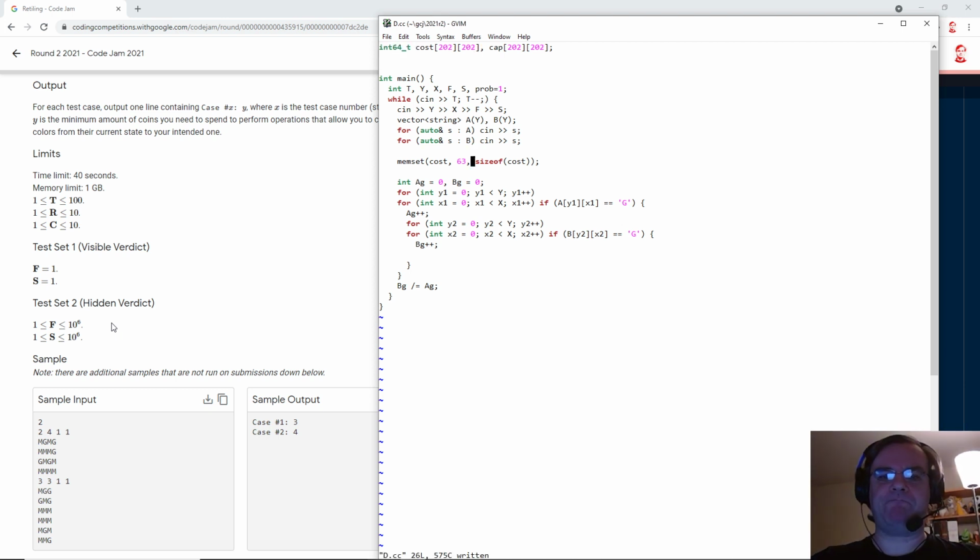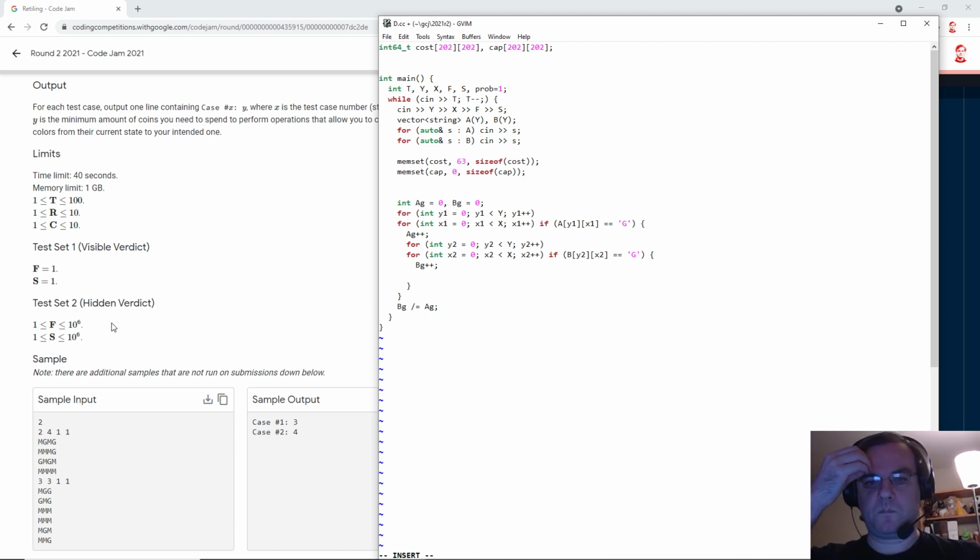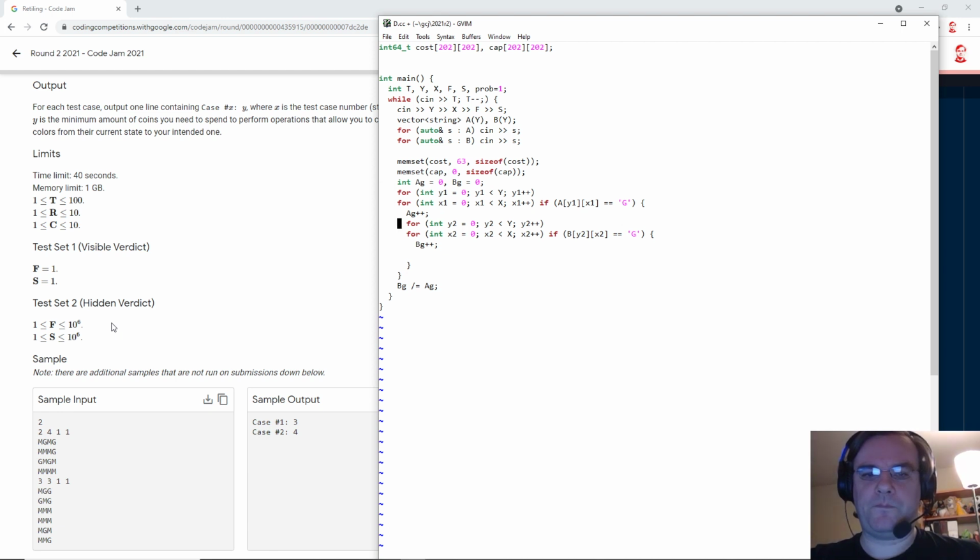That's fine. Okay. So my start vertex is going to be 200. My end vertex is going to be 201.